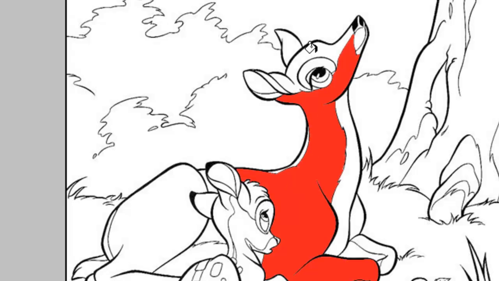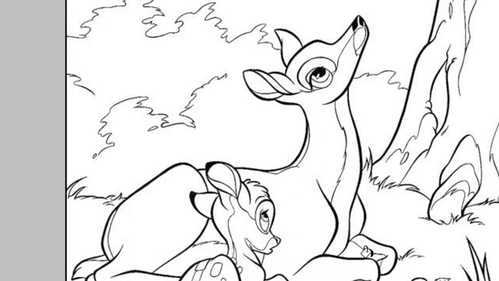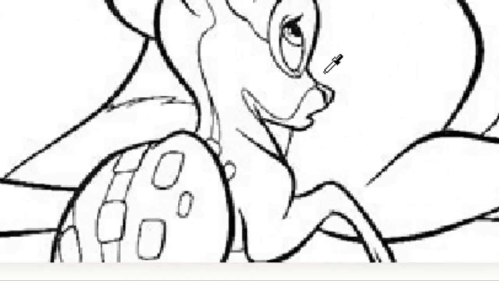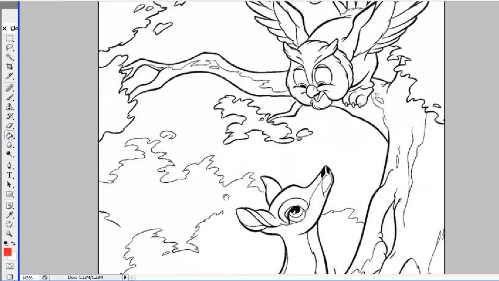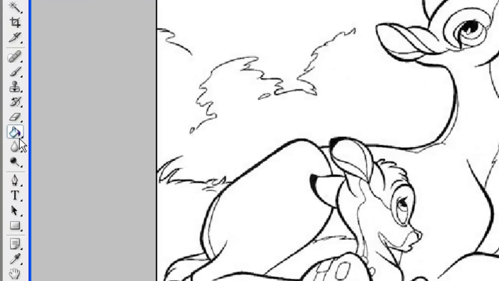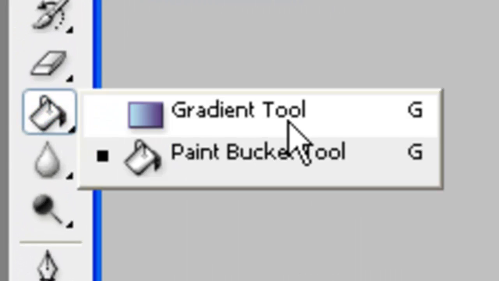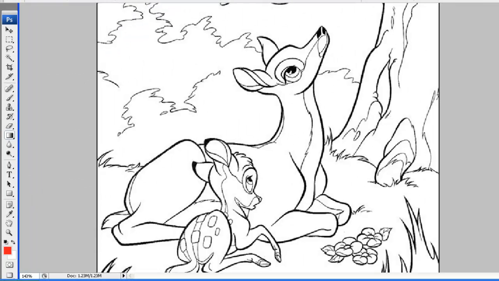The way it works is it fills until it hits a wall, and these black lines are, for the purpose of this exercise, going to be considered walls. So I can click right there, and like magic it fills the area. Now I'm going to press Ctrl Z and undo what I just did, and we're going to switch over to the gradient tool. I'm going to right click on the paint bucket and switch to the gradient tool, and the gradient tool is